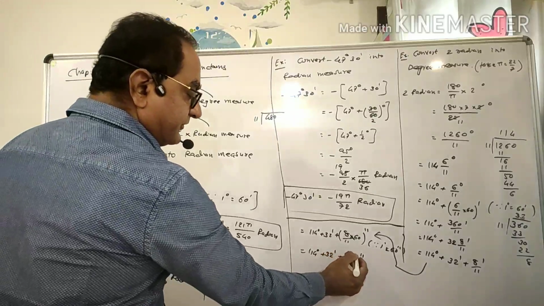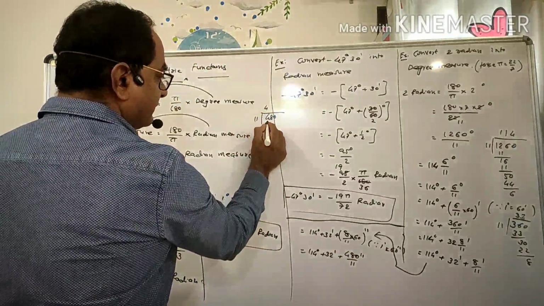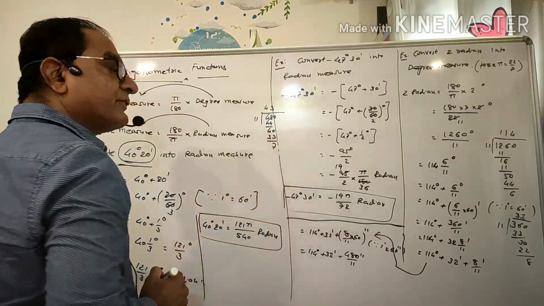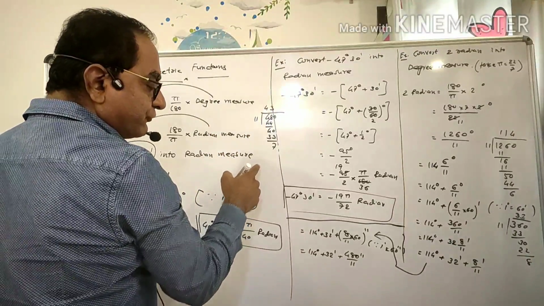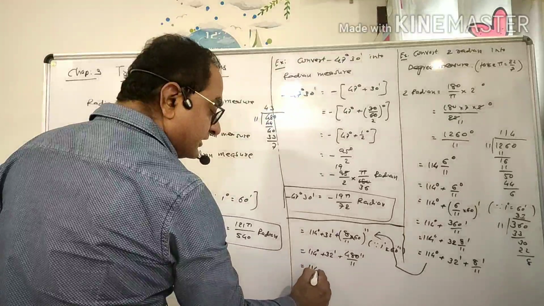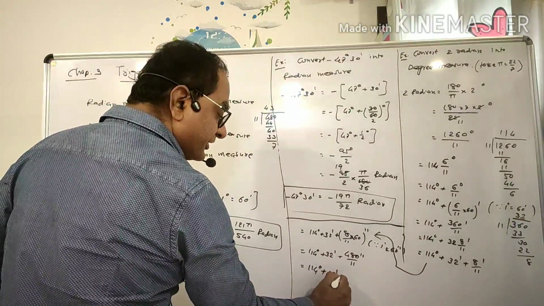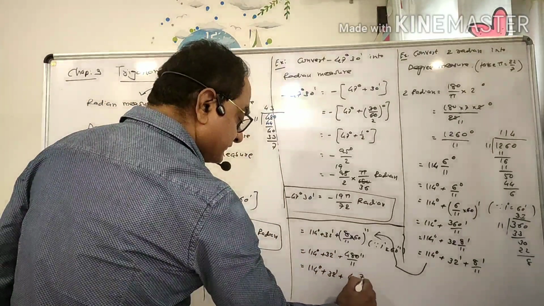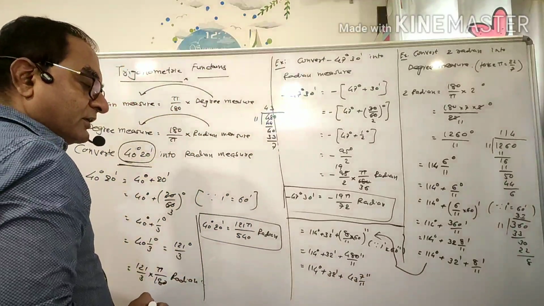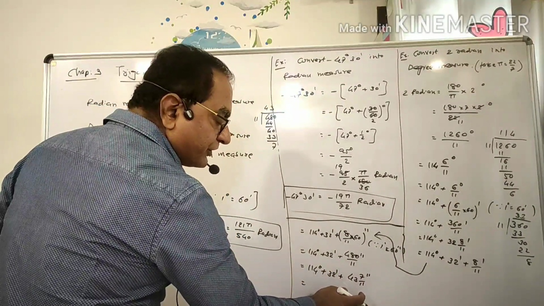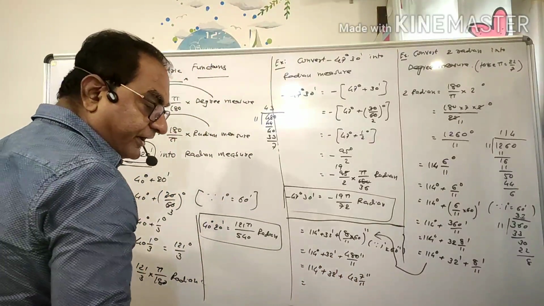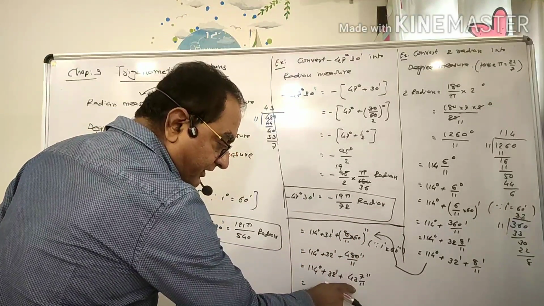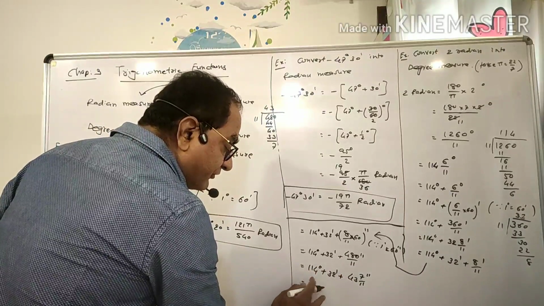So this will be like this: 11 4s are 44, remainder 0, 11 3s are 33, remainder 7. Further division is not possible, so we write this number like this: 114 degrees plus 32 minutes plus 43 and 7 by 11 seconds. Now we still have to remove this fraction, but we don't have a smaller unit than a second. But 7 by 11 is greater than 0.5, so we should round off this number and add 1 to this 43. The ultimate answer will be like this.